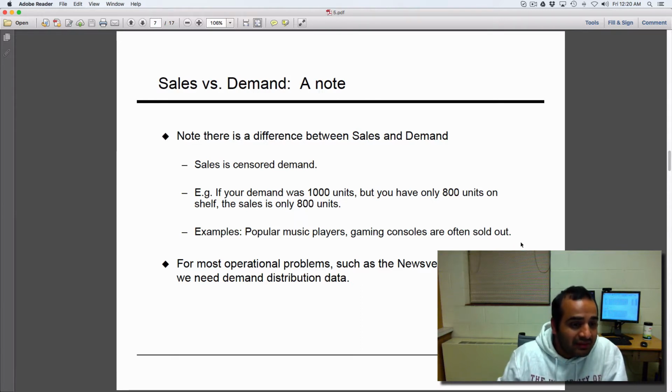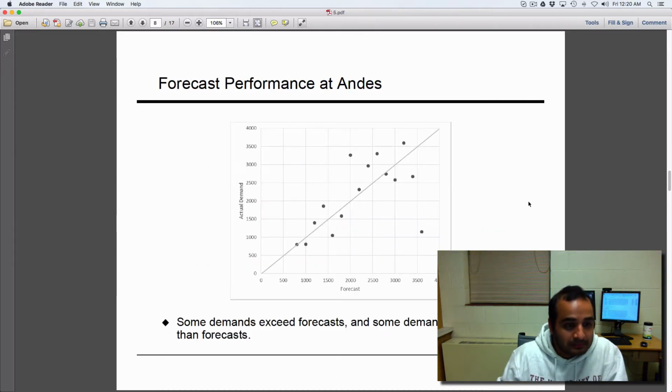And here is a graph that shows you the forecast and the actual demand on a chart. On the x-axis is forecast, and on the y-axis is the actual demand. For example, it's a product, say, for which the actual demand was pretty